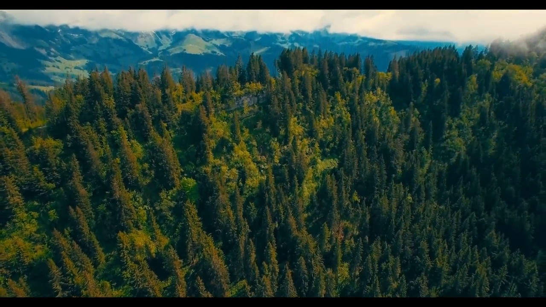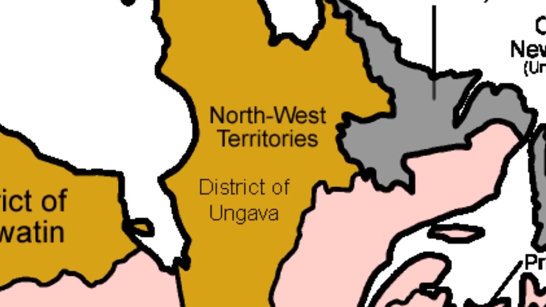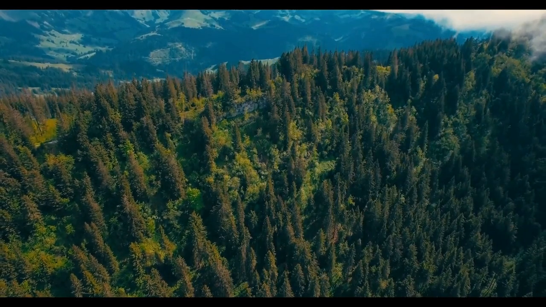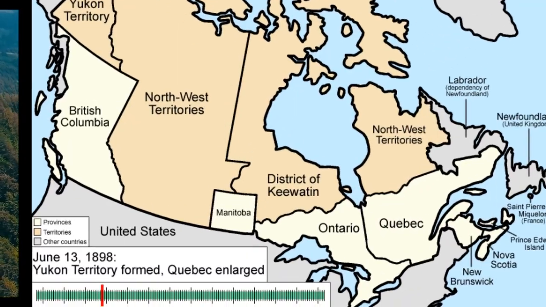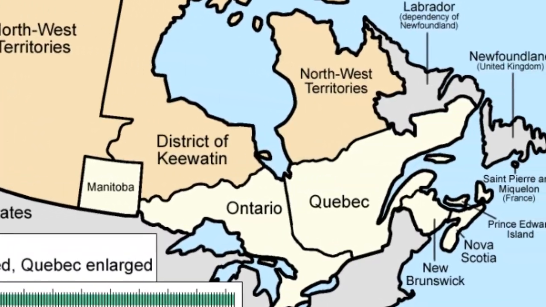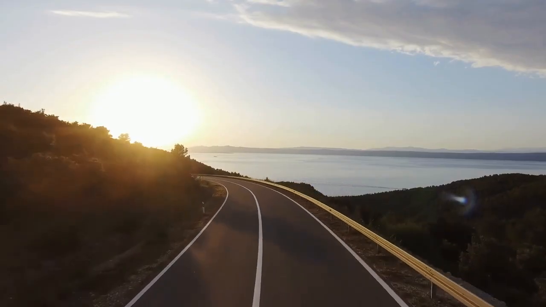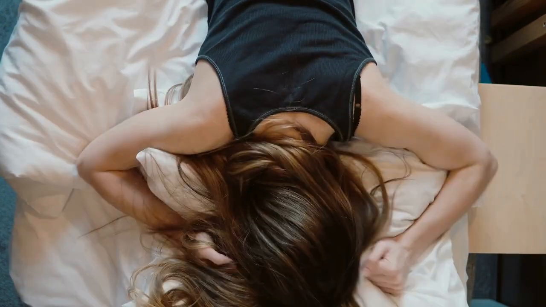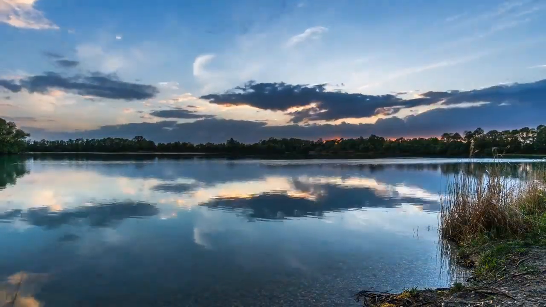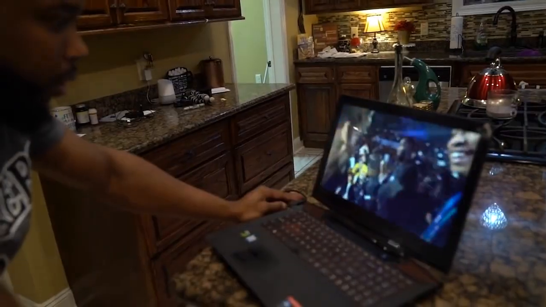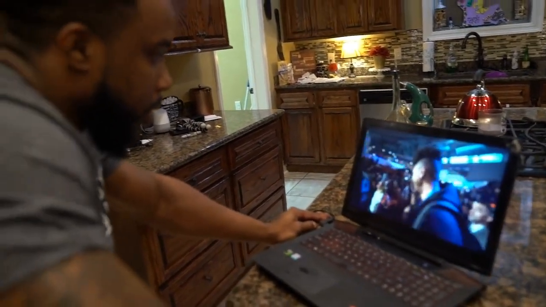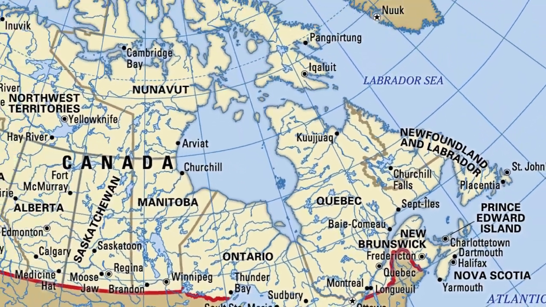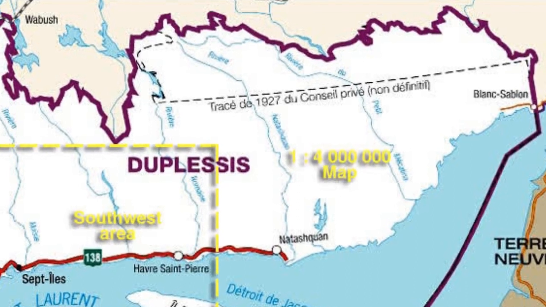But let's go back now, because the district of Ungava is completely claimed by Newfoundland and Labrador and Quebec, and 3 years later occurred the Quebec Boundary Extension Act of 1898, which is one of several extension acts, which we will discuss in another video. This act, however, was an act of the Parliament of Canada, which I'm not going to explain what exactly it is, that expanded the territory of both provinces to what it is today, except for that part.